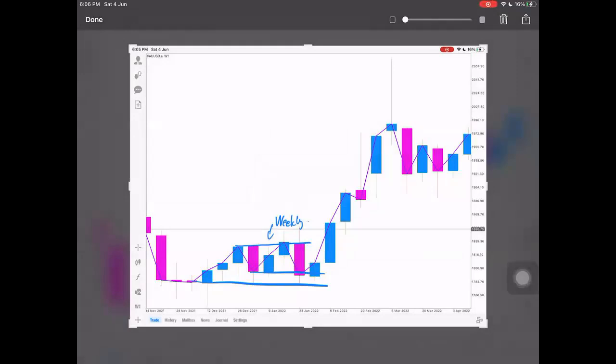But then there is a reason why. Don't worry about the reasons why yet. Okay, I'm gonna get there. But trust me, okay? There is a reason why it took this and not this. So don't work yourselves out about that. Okay, and so the weekly sell started here, the weekly buy started there.